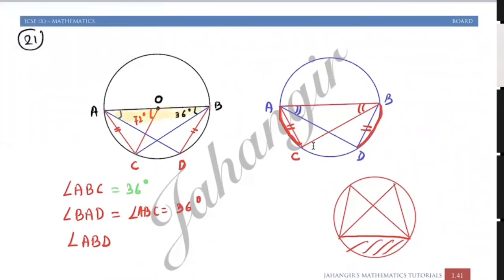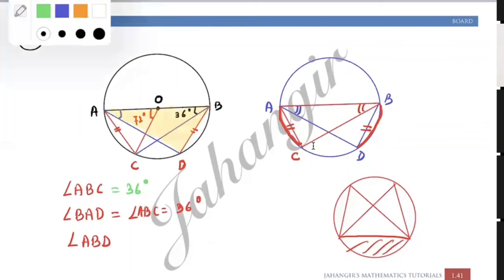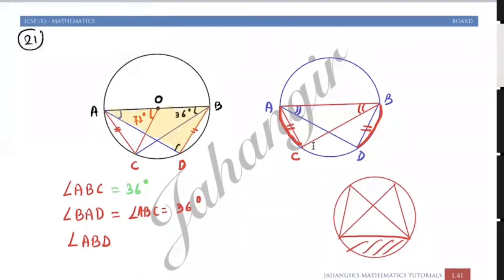So I can take this triangle. One of the angles is 90 degrees and this we already got as 36. So this angle I can get as 180 minus (36 plus 90), that is 180 minus 126, which is equal to 54 degrees. This question was asked in Section A, and most of the students lost marks over here, so keep this in mind. Which part did you not understand? The second part, angle BD.